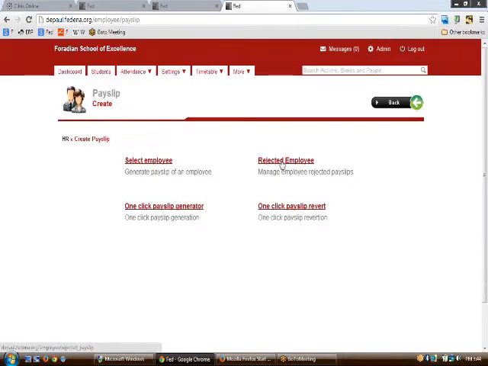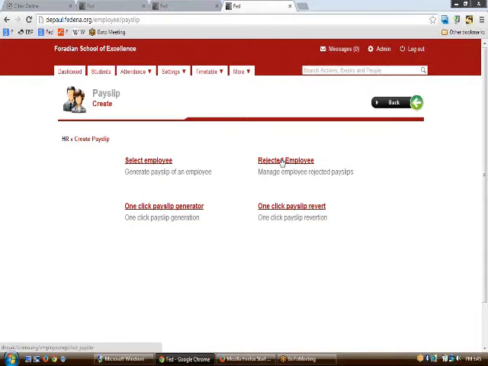The next link is rejected employee. Every time you are generating a payslip, a request goes up to the person who is in charge of the finance part. The person in charge of finance has to reject or approve the payslip of an employee.